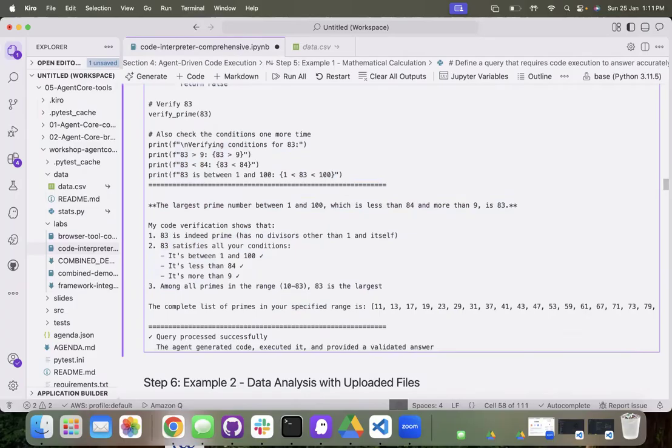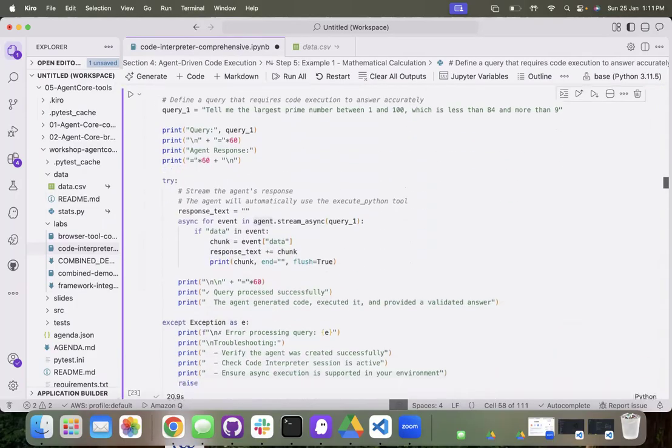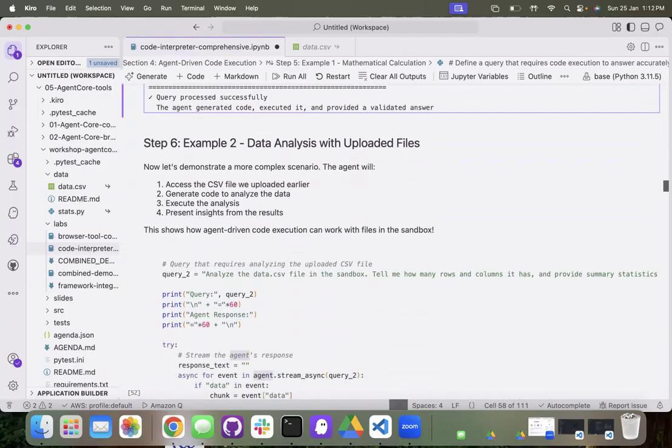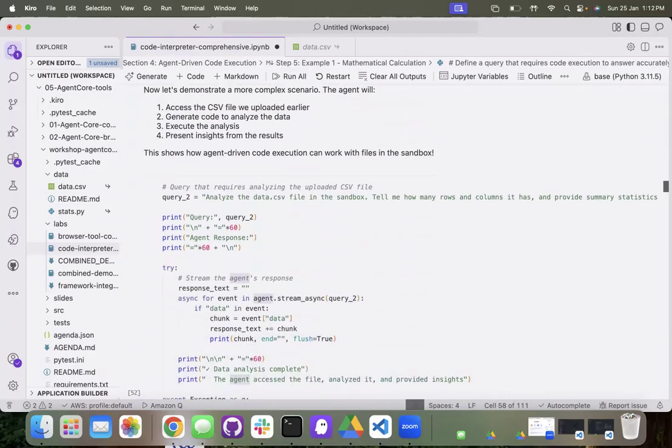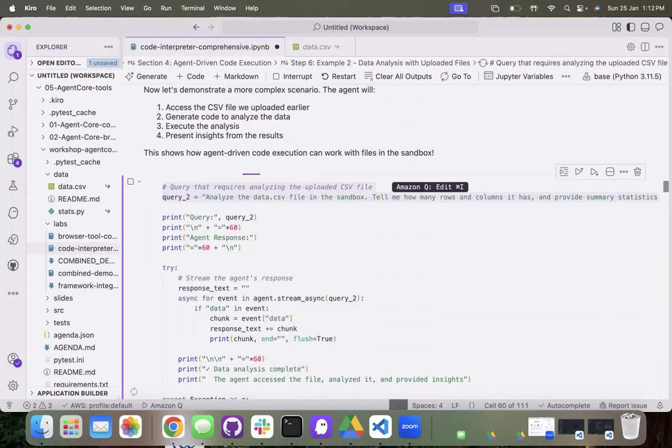This is what I'm saying, guys. With just a simple prompt, we are able to do this action in a sandbox environment. Now let's do the complex scenario. We uploaded the data.csv file, right? Tell me how many rows and columns we have and provide us some analysis. We did this exercise manually by writing the code. Now with a simple prompt, if I execute it,